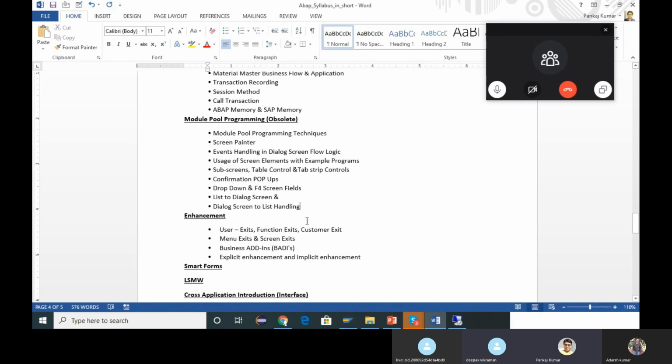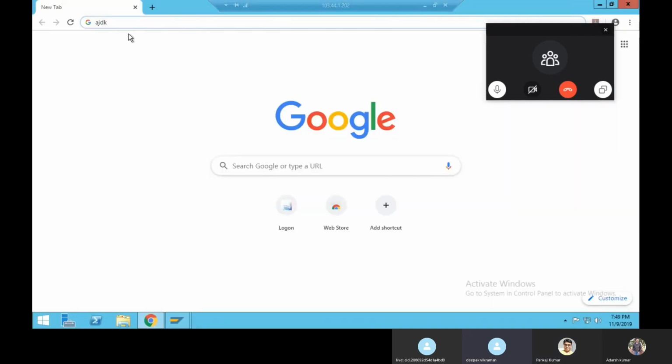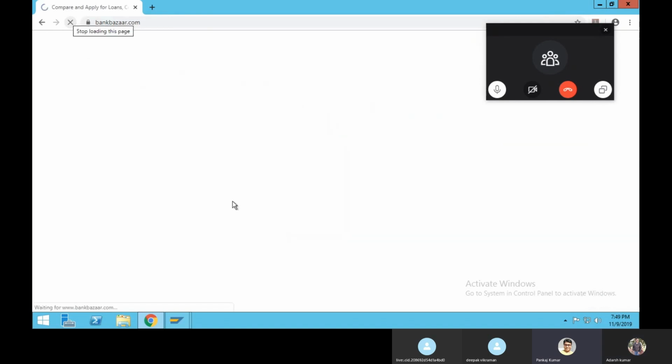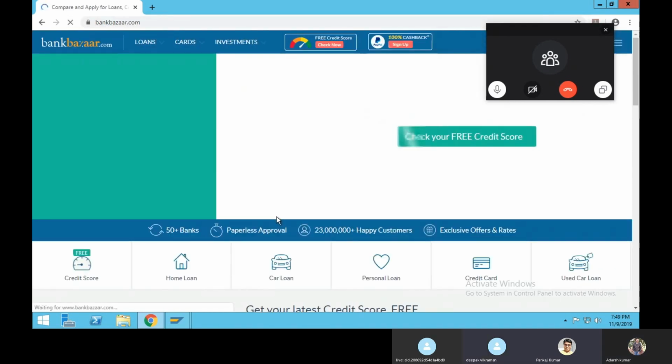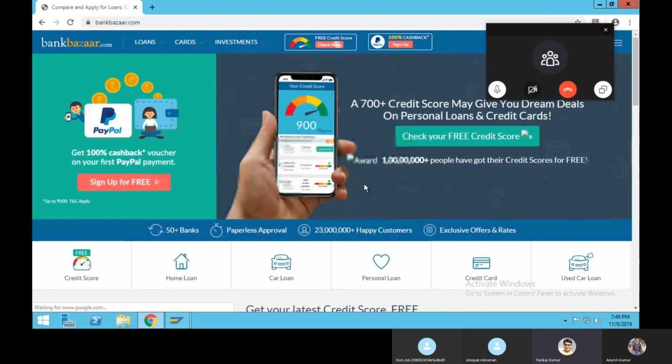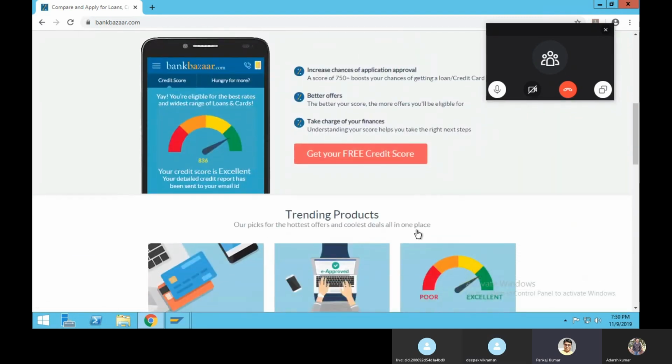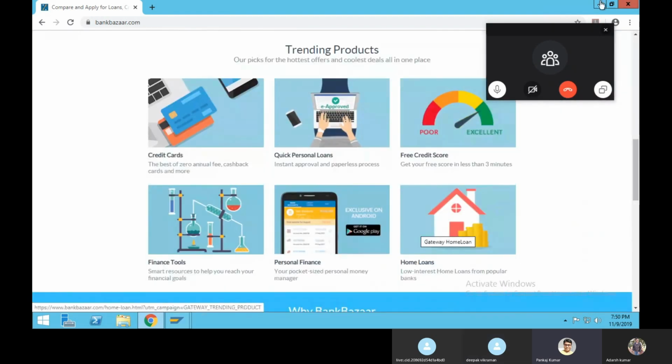Sure, a lot of it is the same attraction. This is web designing only, right? Yes, that is web designing only. Fiori is nothing but web designing plus. For example, if you go to bankbazaar.com, see how nice this website is. If you use this Fiori app, you will see such a beautiful user interface, and you will find a nice user experience.